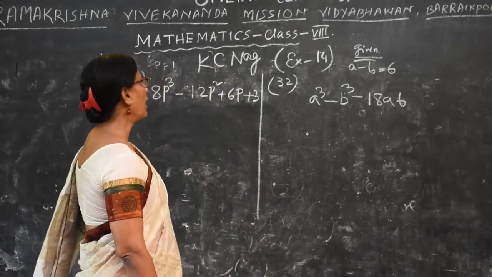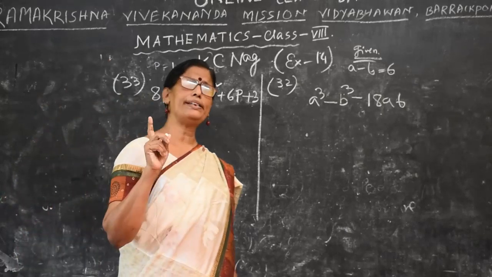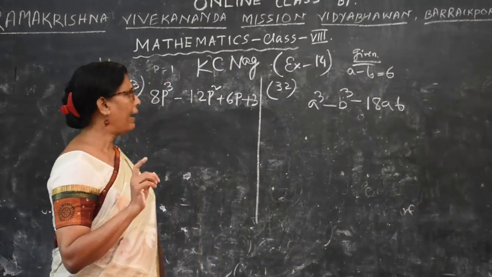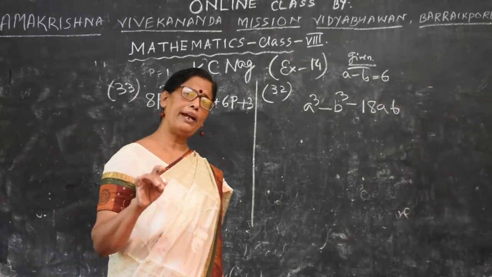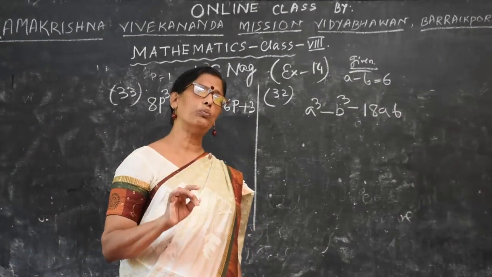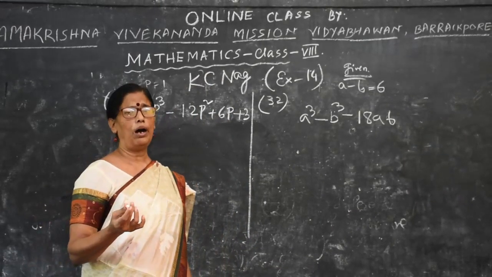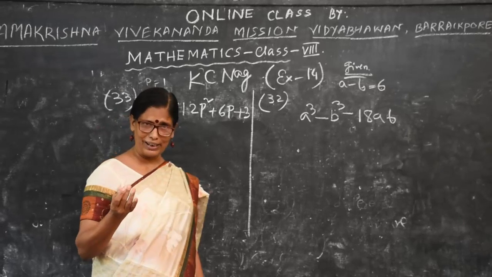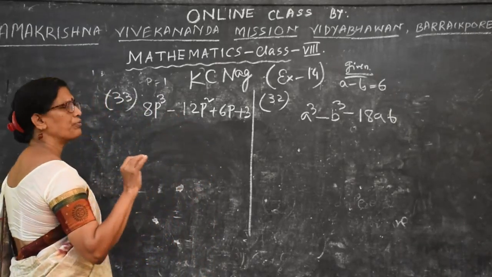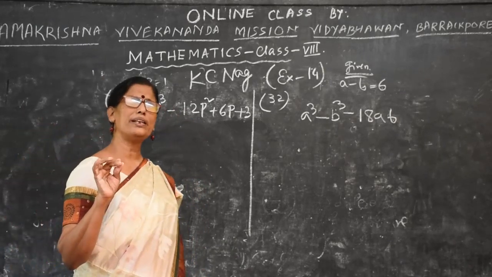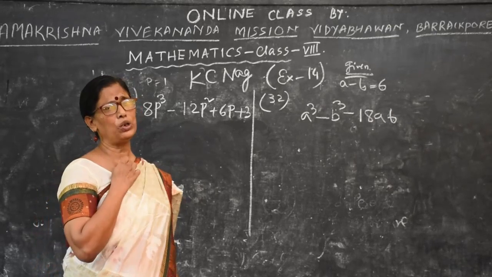Now we discuss the case scenario exercise 14. Only this chapter from algebra is your first term. Mainly all the sums depend on the formula for the cube: a minus b whole cube and a plus b whole cube. So we start from the last to the first, because the first 1 to 20 sums are much easier. You can apply only the formula and do it.